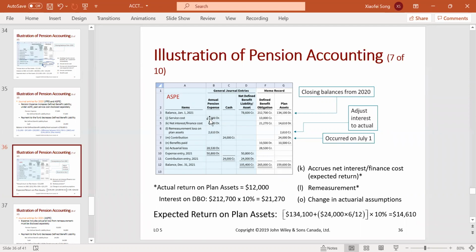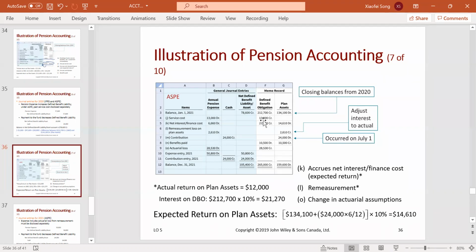And so the service cost is debit to expense and credit to DBO. Net interest is the difference between, so the DBO has 10% of opening balance accrued as interest,